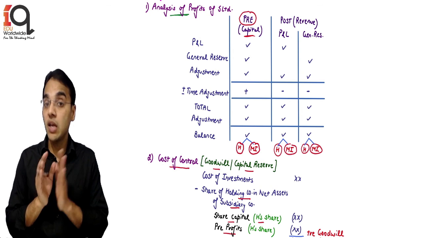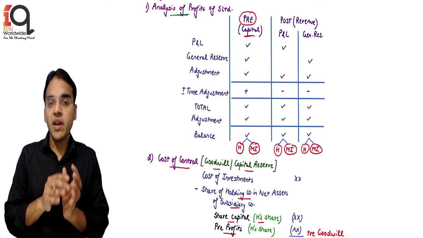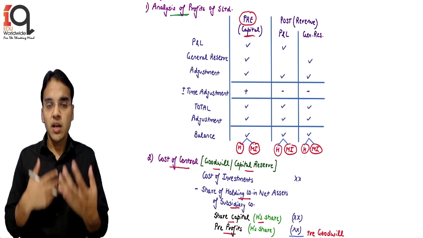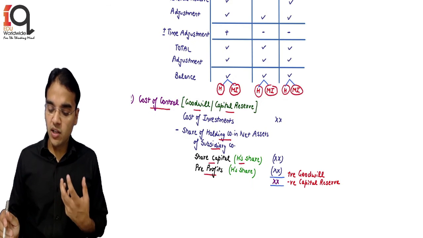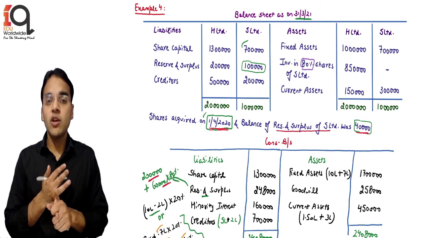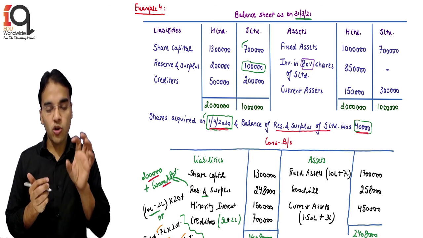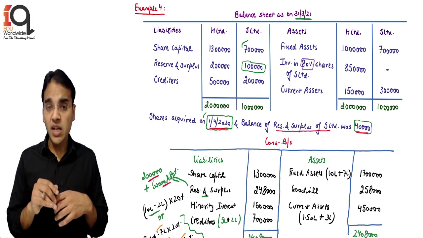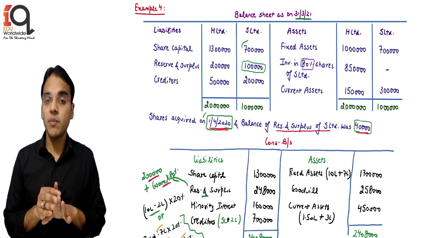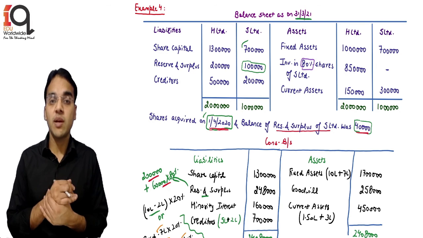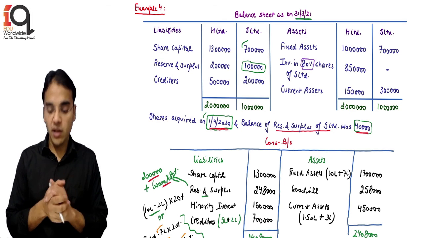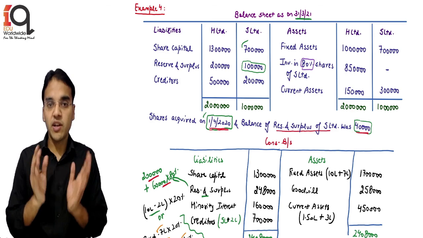So these are the working notes which we actually make while solving our questions, and I will explain you the same again in the next video, because we will again understand something about this particular chart, time adjustment and other concepts as well. But in this particular video, we understood the basic concepts, with the help of these 4 examples, of finding out the cost of control, that is your goodwill or capital reserve, that is the cost of investment versus the net assets acquired. If it is not 100%, then there is something known as minority interest. Then the reserves and surplus role was coming up if the acquisition, let's say in the 4th example, was on the first day. So we have to find out pre and post, and the bifurcation was done, and accordingly the values were put. So with this we have understood the basic concepts.